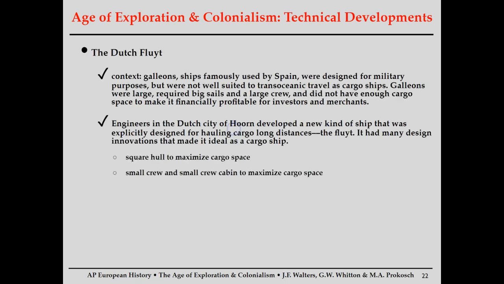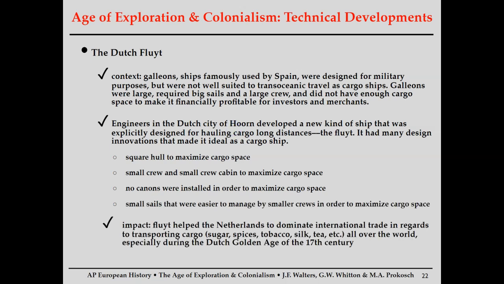The Dutch flute. I am probably pronouncing that horrifically because Dutch is a difficult language to pronounce. So, these are going to be different than the massive galleons that the Spanish used, which were really meant to overwhelm the enemy with the number of cannons and soldiers on them. The Dutch are going to be really focused on the trade portion, the economic, the wealth extraction when it comes to colonization, more than just conquering massive parts of land and being extremely violent.